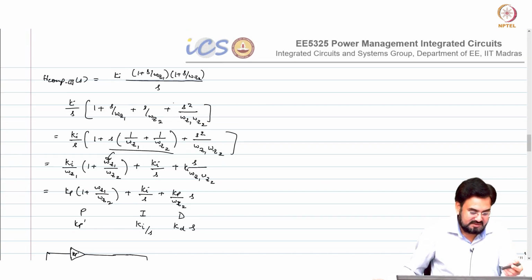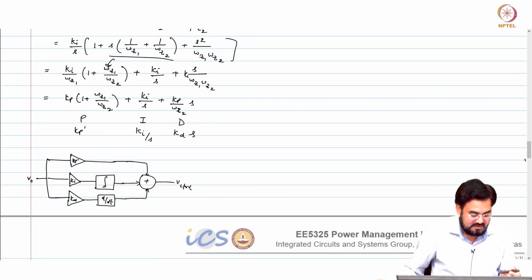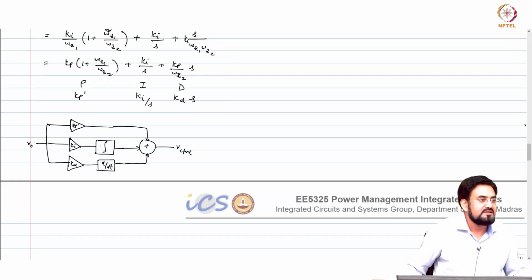The only thing is that you can do it with a single op amp, here you will require 3 different op amps. Okay. Or you can do it with 2 op amps also, you can couple Kp and Ki, that will make PI. So, PI plus derivative with 2 op amps you can also do.